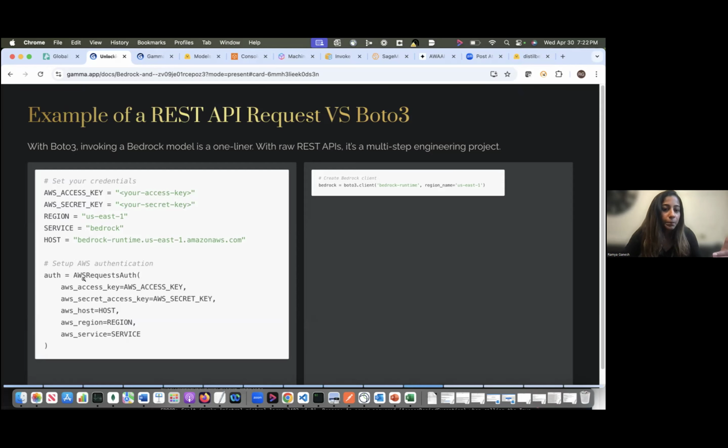If you compare this one and Bedrock, I've pasted a Boto3 client over here, so you can see a comparison. Here, 15 lines of code shrink to just one line of code using Boto3. So that's how a multi-line project is shrunk to just one line. So it's very easy to use when you're using Python.